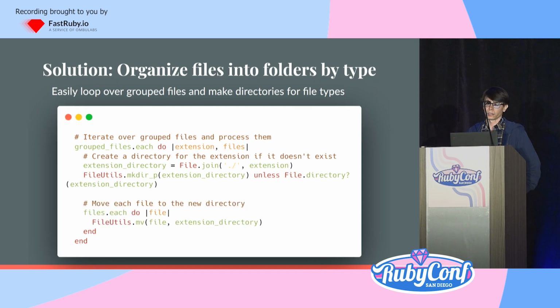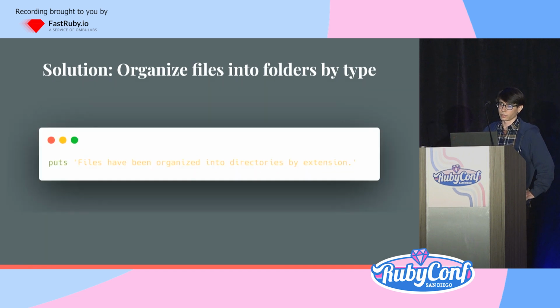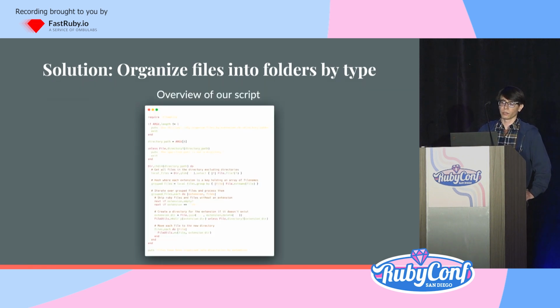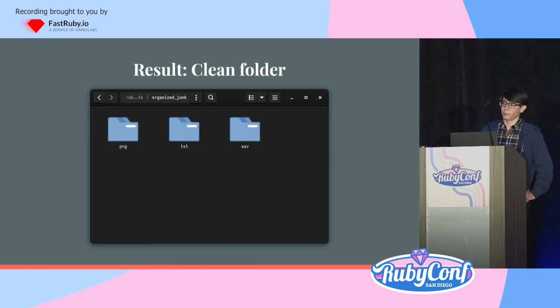And with our new folder in hand, we can begin moving our files into it one by one with the FileUtils move method. It takes 2 arguments, the file and the path to the new directory. The loop repeats until we've gone through all the files and prints a nice message to the console. Here's the whole script. It might be hard to read, but if we run it, we get a squeaky clean